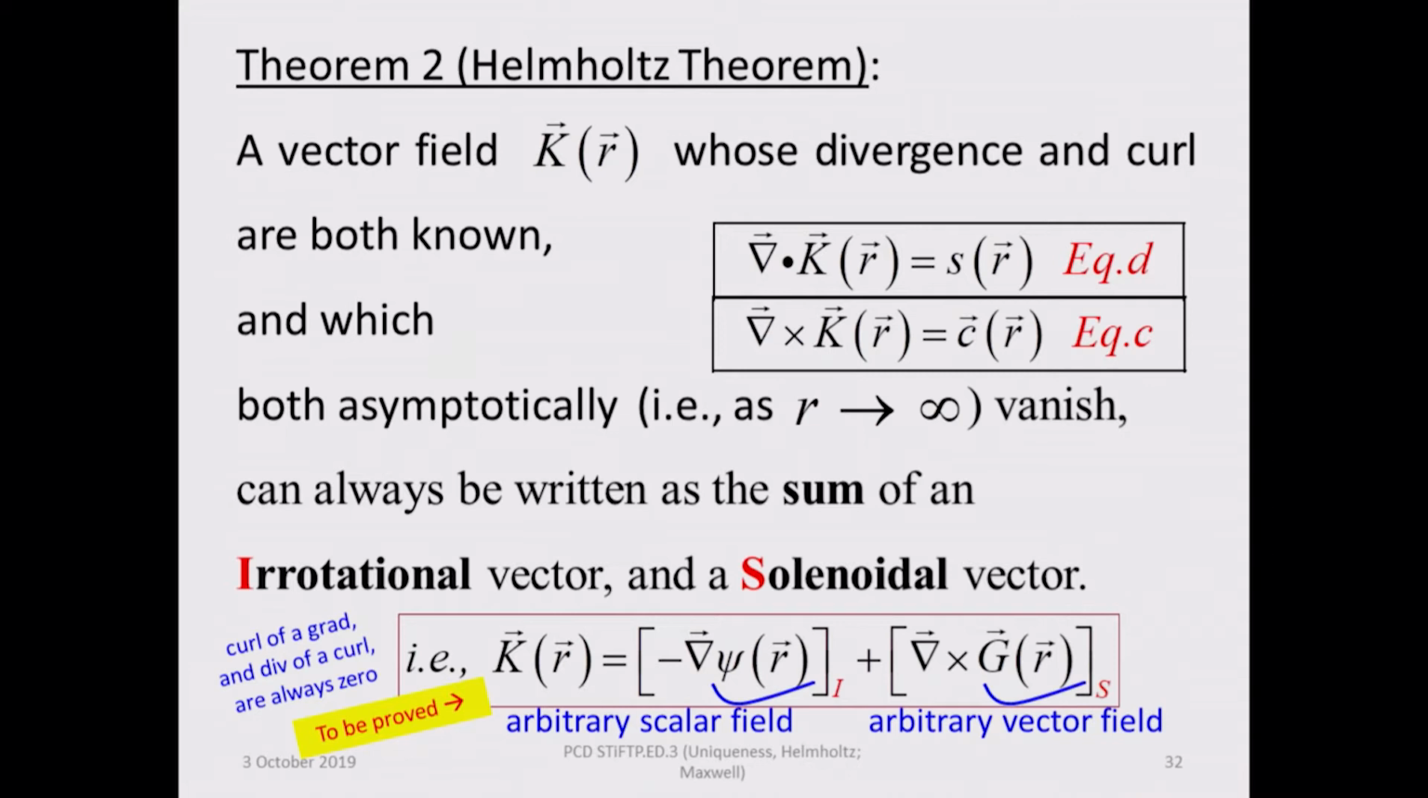we know that since the curl of a gradient and the divergence of a curl always are 0, essentially what we are aiming at is to show that if you have a vector field whose divergence is known and whose curl is also known, divergence is given by the scalar field S, the curl is given by the vector field C, both of these are known, then you can write the vector field K as the sum of an irrotational vector and a solenoidal vector, and an irrotational vector can always be written as a gradient of a scalar, and a solenoidal vector can always